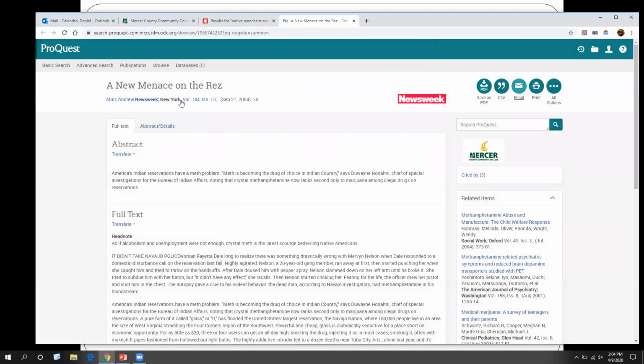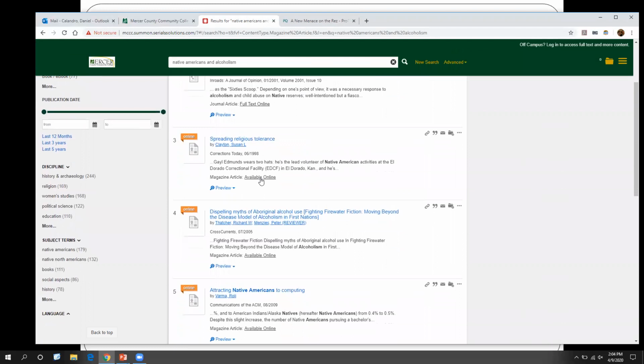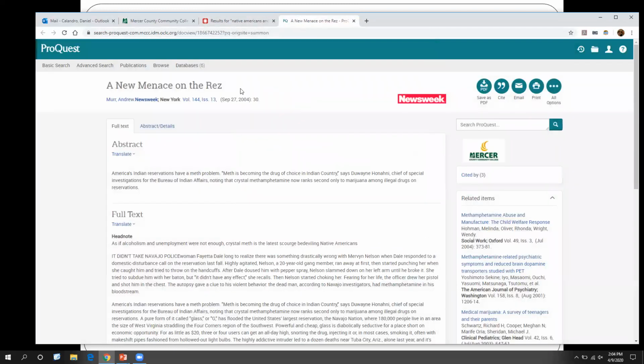Now, a couple things you can do. First, when you find an article that is good, if you're having trouble from this, say, big long list of 1,700 articles, right? This is a lot, okay? What you can do is this. If you find something good, you can do a couple things. And this is for pretty much any database. You'll see that you have the title here. You have the author. You can click on his or her name, and it'll do more searches for you. Say, okay, here's all the articles written by this person. Click on Newsweek. That'll take you to that specific periodical and say, okay, here's all the issues that we have in Newsweek, or even a specific volume and issue like it is here.